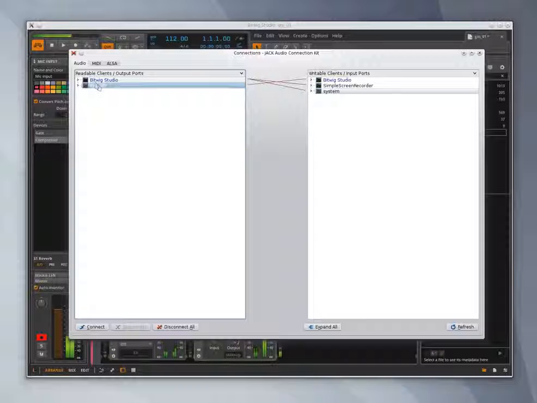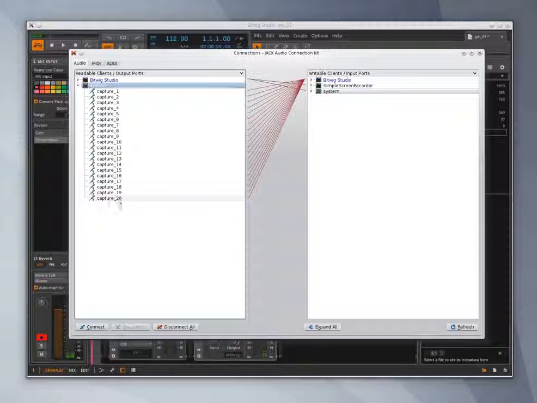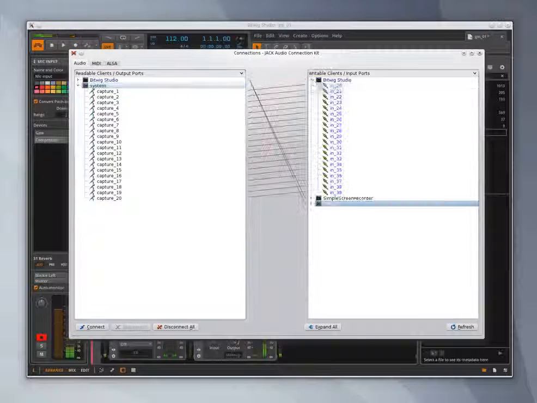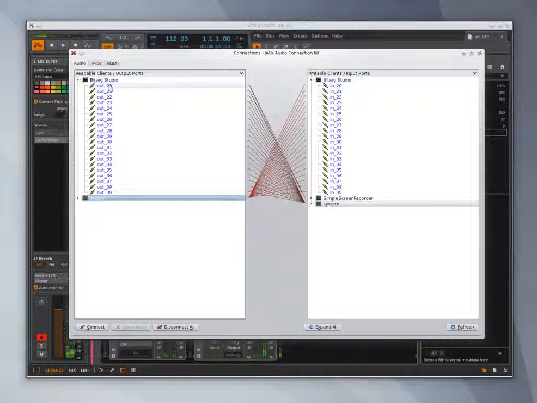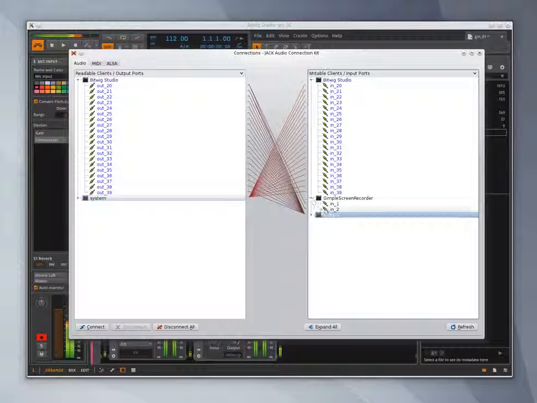This comes up in Jack as system, pretty unimaginative. You can see that there are 20 inputs on my audio interface, and they are all actually rewired to 20 inputs on Bitwig Studio. That's all that's actually showing. And as a great illustration of how powerful Jack is, I'm taking two outputs from Bitwig Studio, and I'm using them in the screen recorder software that I'm using to record this whole video. So it's just taking the outputs 20 and 21, which happen to be the main outputs in the software running in the background here,